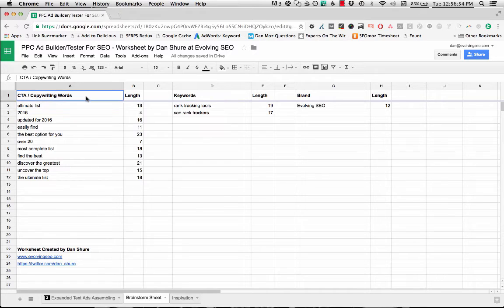And then this is really the area that you have an opportunity to test for click-through rate. This is what I call the call to action words or the copywriting words. This is after you have a keyword and maybe the brand in your title tag, you have room to try to come up with these trigger words, these call to action words that are going to get a better click-through